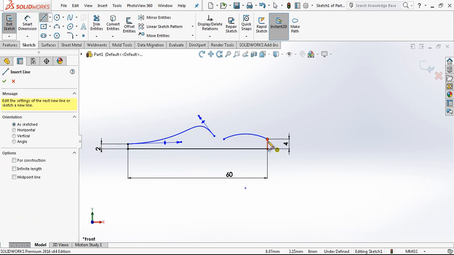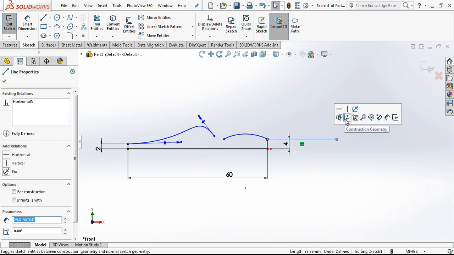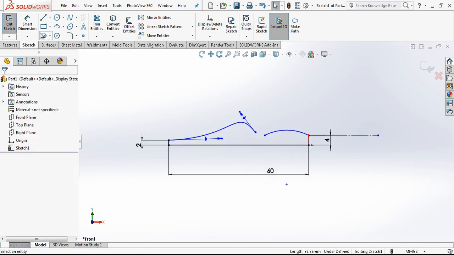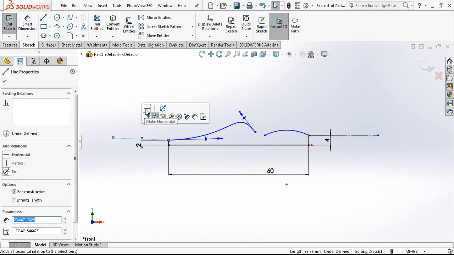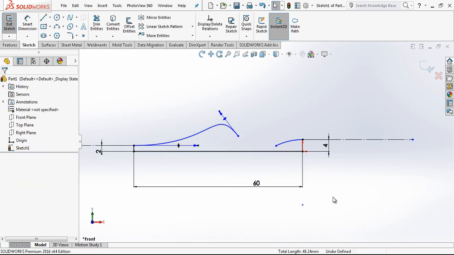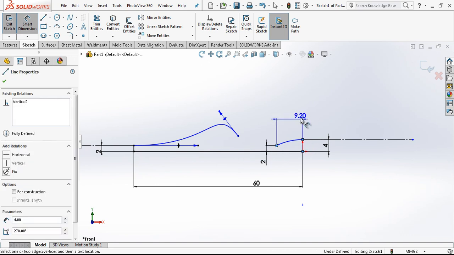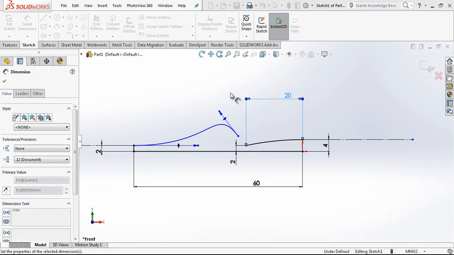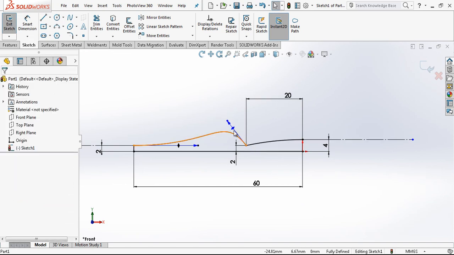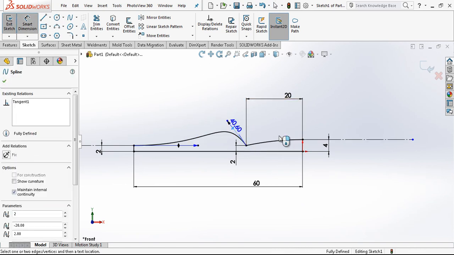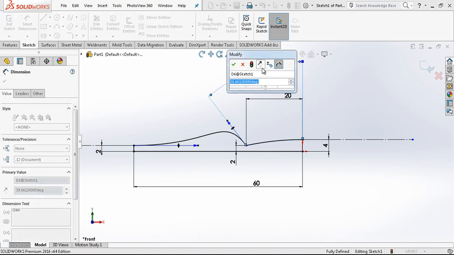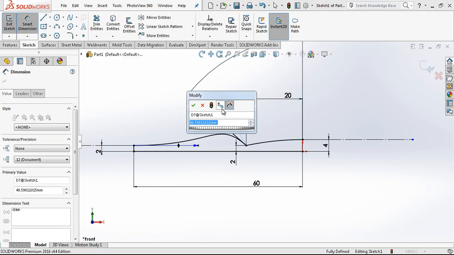And now, to be able to give some tangency values, I'm adding construction lines. This will be also here, the construction line, horizontal, and this will be here, tangent, and this arc will be here, tangent. And the height of this arc in this point is 2, and from this point to here the dimension in x-axis it's 20. After I combine my point, and this will be 50 degree with 50 tangency value,